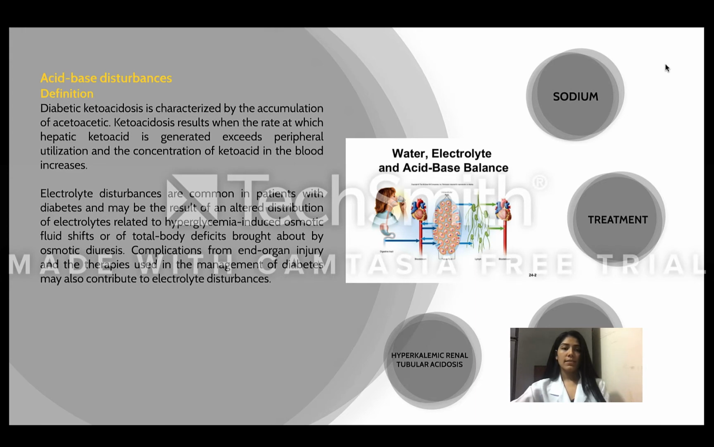Definition: acid-base disturbances. Diabetic ketoacidosis is characterized by the accumulation of acetoacetic acid. Ketoacidosis results when the rate at which hepatic ketoacid is generated exceeds peripheral utilization and the concentration of ketoacid in the blood increases. Electrolyte disturbances are common in patients with diabetes and may be the result of an altered distribution